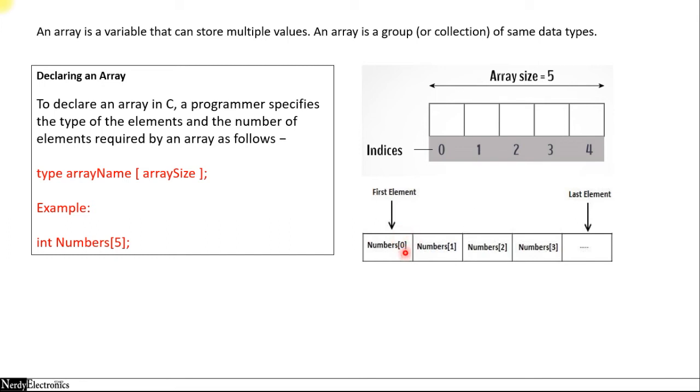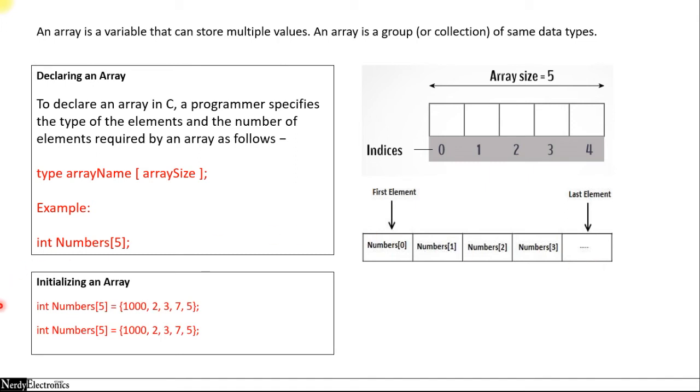The numbers[0] is the first element and numbers[4] will be the last element of this array. Now to initialize the array, we have two ways. One is we mention the data type and numbers[5] equals, and in curly braces we mention the values. Each of these values will go to one of these locations. Like 1000 will go to location 0, then 2, then 3,